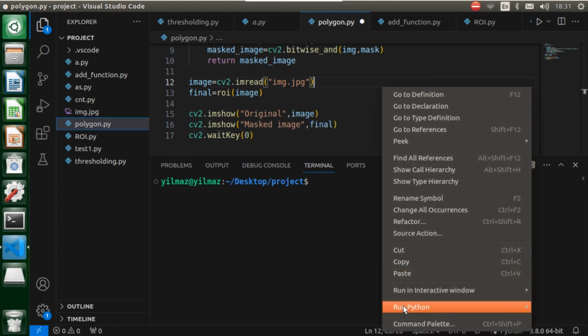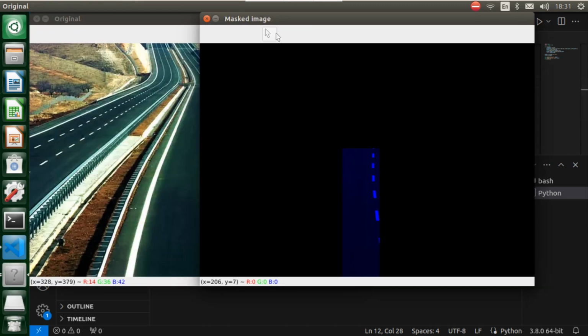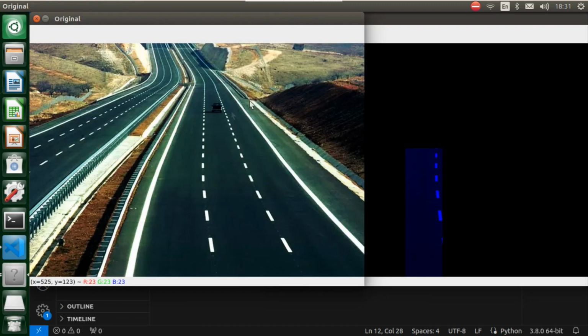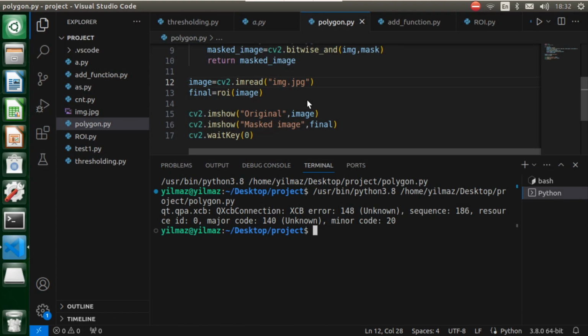So now let's run our code. And you see here is our original image, and here is our mask image, and you see we can view our lanes and also our highways. So it looks perfect. Yes, my dear friend, in this lesson we learned how to create a polygon using OpenCV module. So now let's move on to our next lesson and learn the basics of self-driving cars better.